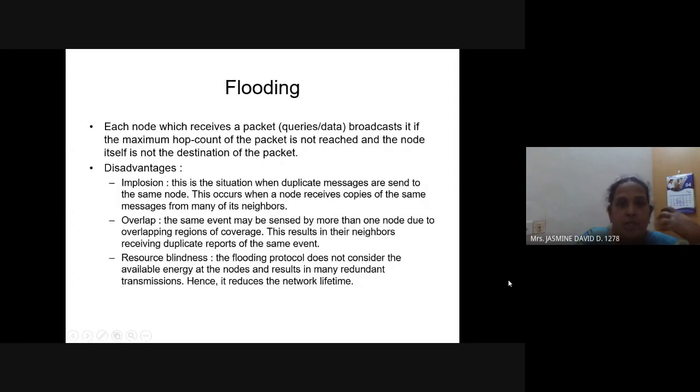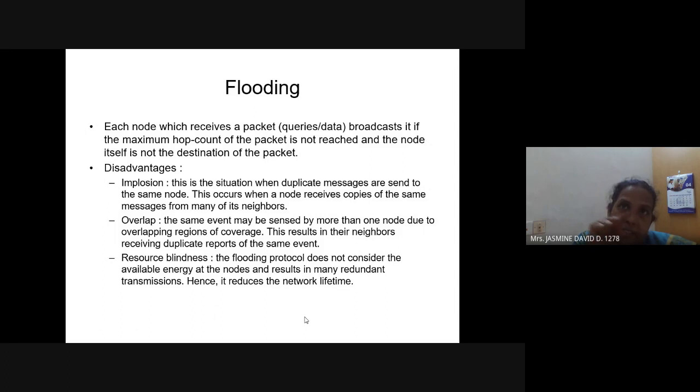So we have seen about flooding, right? The disadvantages of flooding are implosion, overlap, and resource blindness. Implosion, as I already told you, is a situation when duplicate messages are sent to the same node. Overlap is the same event sensed by more than one node due to overlapping regions of coverage. The third one, resource blindness, is that the flooding protocol does not consider the available energy, because